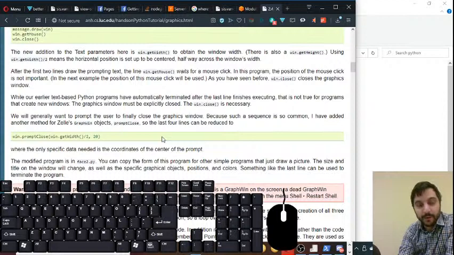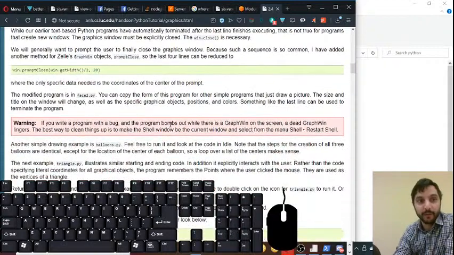While our earlier text-based Python programs have automatically terminated after the last line finishes executing, that is not true for programs that create new windows. The graphics window must be explicitly closed. The win.close method is necessary in that case. We will generally want to prompt the user to finally close the graphics window. Because such a sequence is so common, I have added another method for Zelle's GraphWin objects called promptClose. So the last 4 lines can be reduced to win.promptClose, and then we provide the